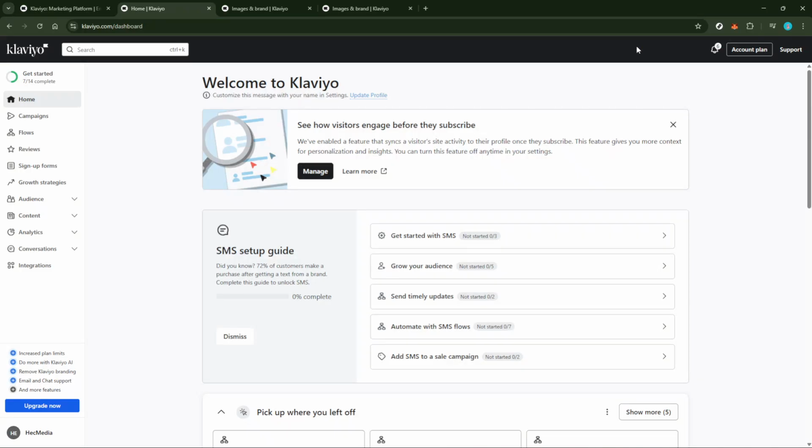Once you're logged in, you'll find yourself on the Klaviyo dashboard. From here, navigate over to the content section. Under this, you'll see images and brand. This is where all your branding elements are located, including the options for customizing your fonts, which is exactly what